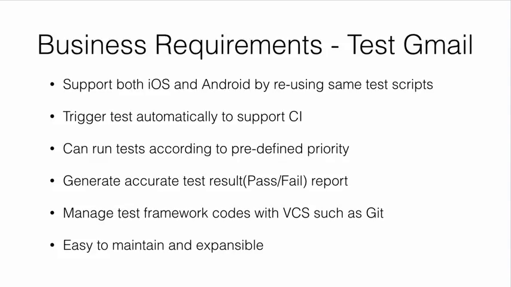I want to run the tests according to predefined priority. So when there is not enough time to do the test, I can always run the first priority test cases. I want to generate accurate test result reports to share with the team so that developers can fix the problems